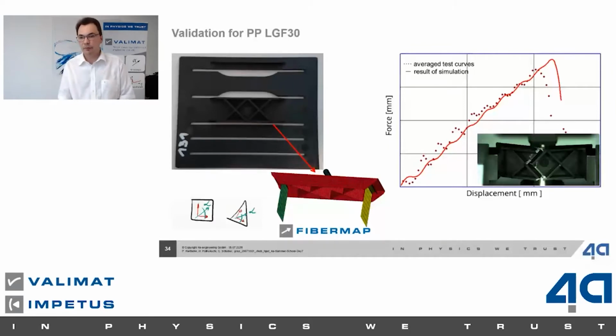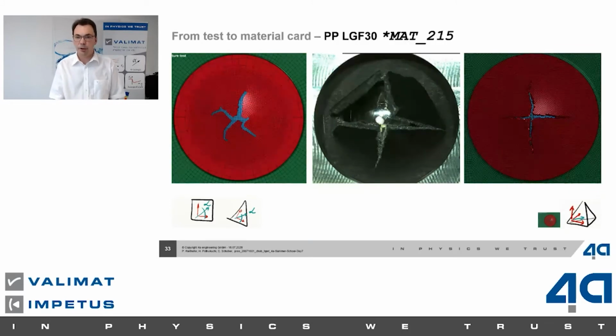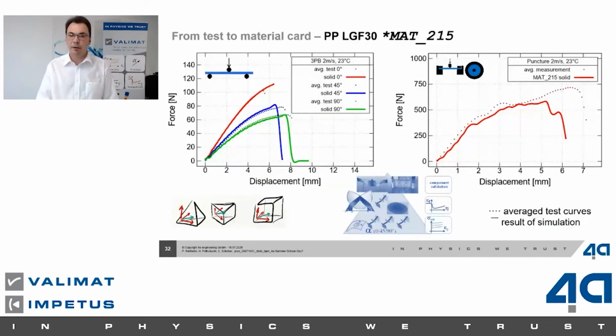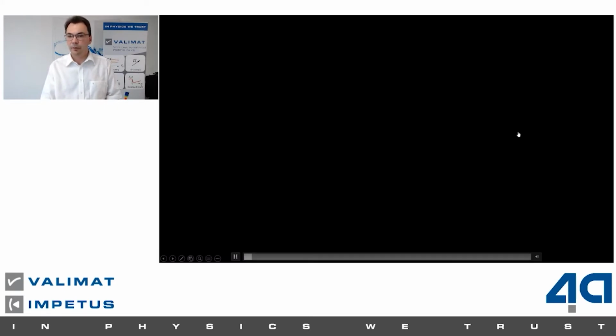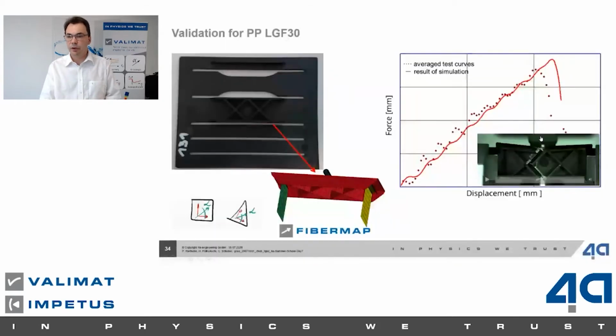Here again, a validation finally afterwards, after we have done the calibration. So the calibration was conducted on bending tests to calibrate the stiffness, the plasticity, and the failure. We validated this also in the puncture test. We will say later on how this works. And after this, the validation of these tests, again, the average test curve and the simulation curve of this